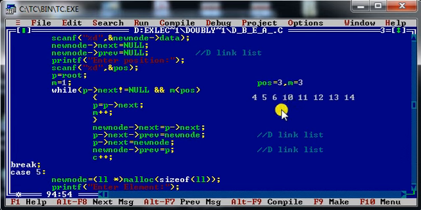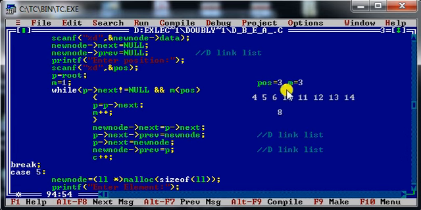New node of next is equal to P of next, where P of next is equal to what? 10, because the link is somewhere from here and we are trying to create this link. So right now we have two links. Next, what I have written, P of next of previous. P of next is 10, and its previous, so I can say the previous part of element number 10.